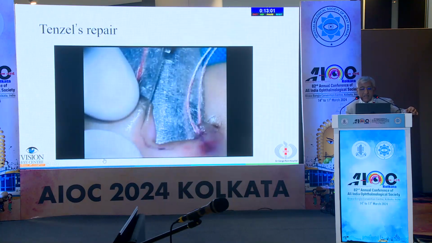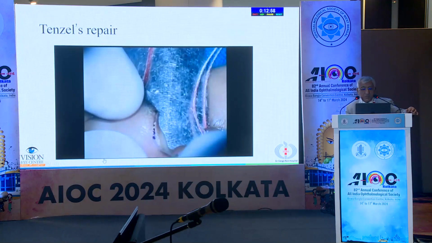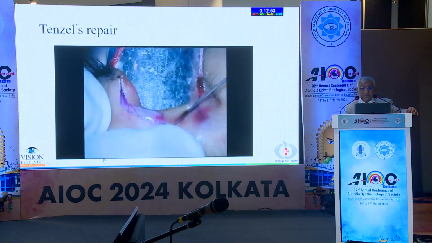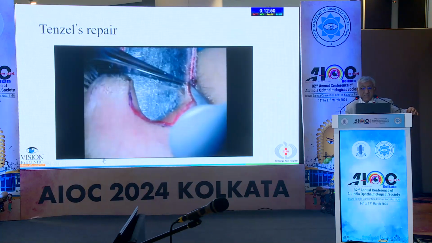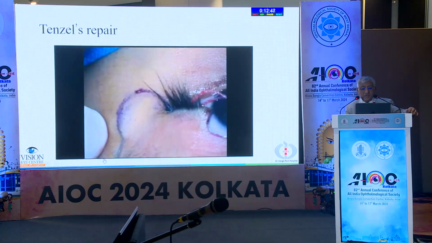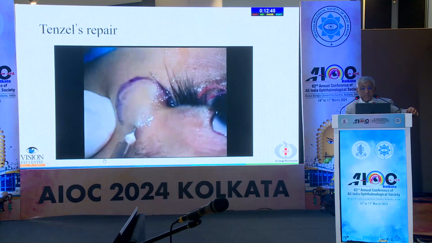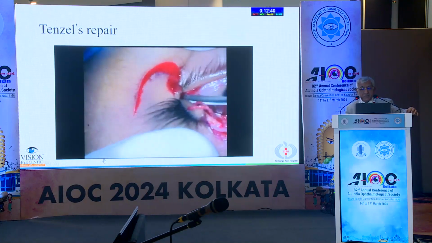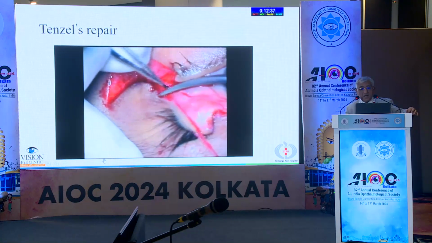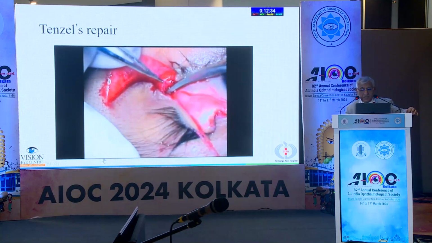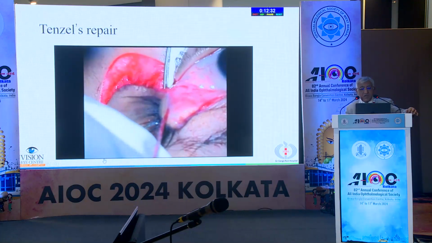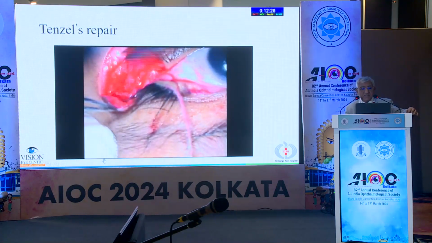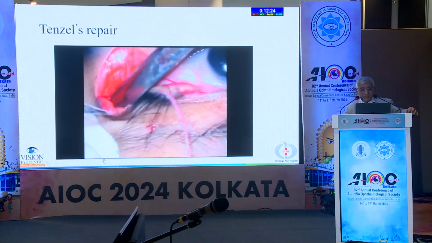This was a congenital coloboma, so we had to convert it into a pentagonal shape. A freshening of edges is also required because it is a congenital defect. And once you have the desired shape, you can draw the area of the semicircular flap. It goes down and reaches up to the orbital rim for upper lid and the other way around for the lower lid. And then we are doing a cantholysis, as you can see, under the conjunctiva, going up to the lateral orbital rim, releasing it, undermining the skin flap,